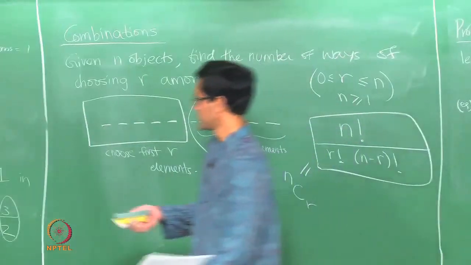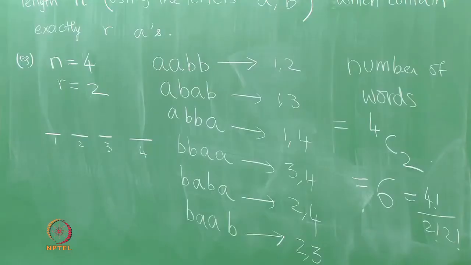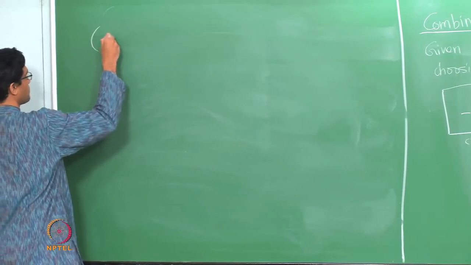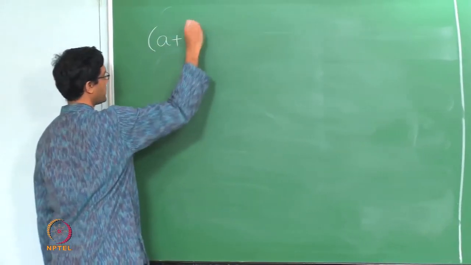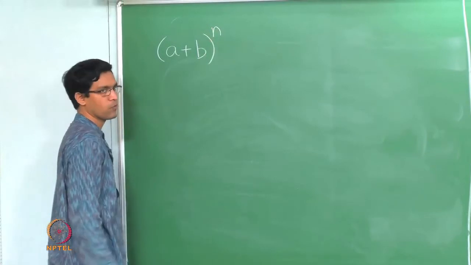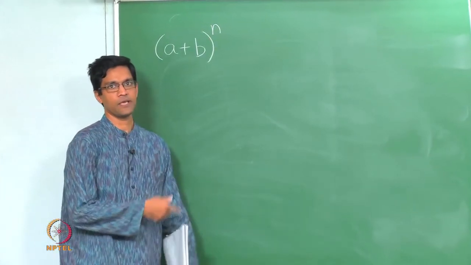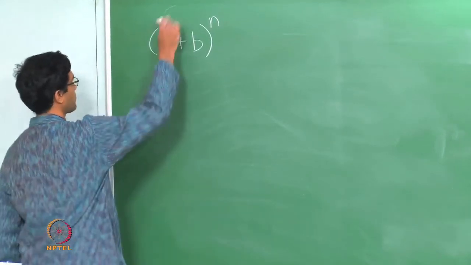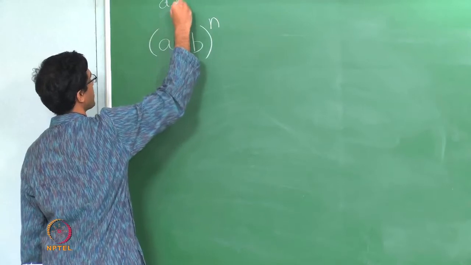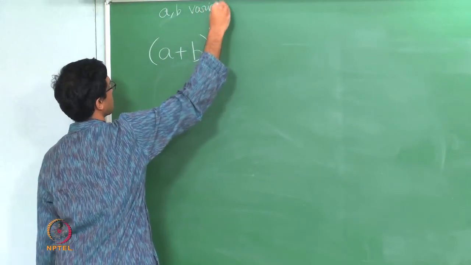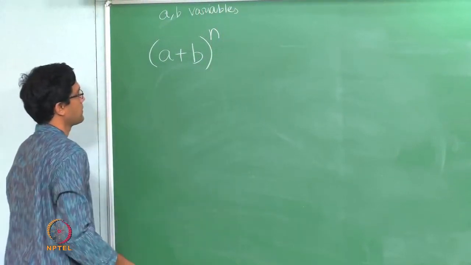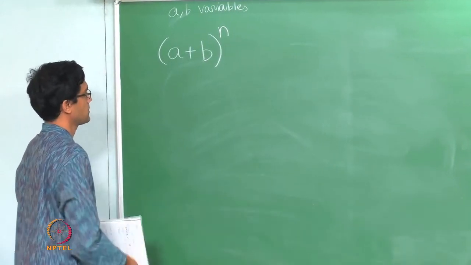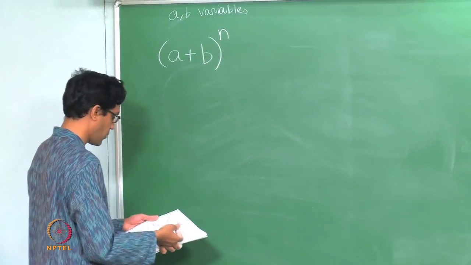Okay, so now this business of words is often an important thing to keep in mind. It occurs in many different places, including in this usual identity that one sees in algebra. So if you want to compute, for example, (a plus b) squared or (a plus b) cubed and so on, that's something that one often does. So just think of a and b for now as variables. So we are often interested in trying to find how this expands out, (a plus b) to the power n.